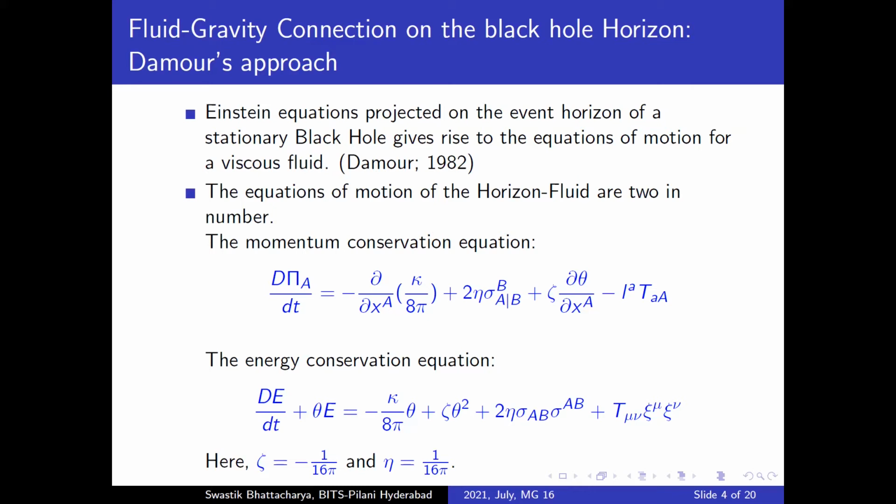So basically, then what happens is something very similar to black hole thermodynamics. The geometric quantities again organize themselves in an equation which is strikingly similar to the equation of a viscous fluid. And I should also note that the values that one gets for this zeta and eta just follow when you project the Einstein equation on the event horizon, and Damour did it for asymptotically flat black holes. So there is a negative sign for the coefficient of bulk viscosity. That is going to be of some importance later, as we will see.